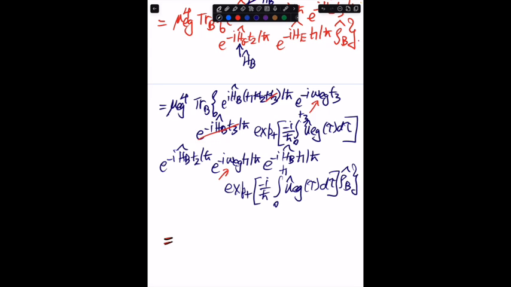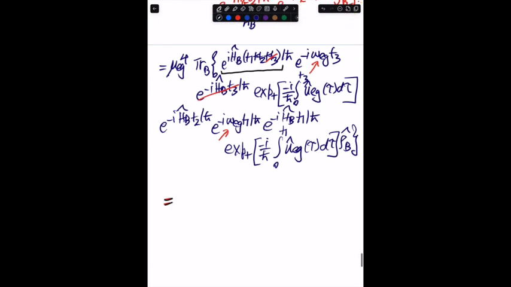I'm hoping that e raised to power I Hp (t1 plus t2) upon h bar, some operator, times e raised to power minus I Hp (t1 plus t2) upon h bar, is very obvious to you what I'm going to do. So I'm just going to write this as mu eg to the power 4 times e raised to power minus I omega eg (t1 plus t3), which makes sense because this is a non-rephasing ground state bleach process,